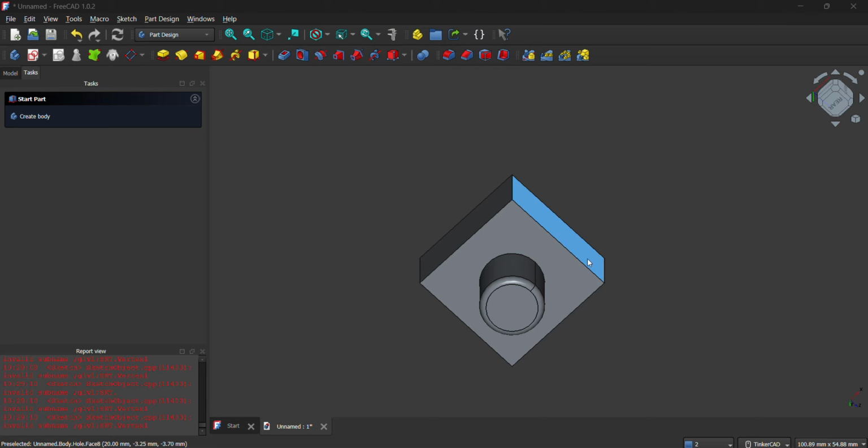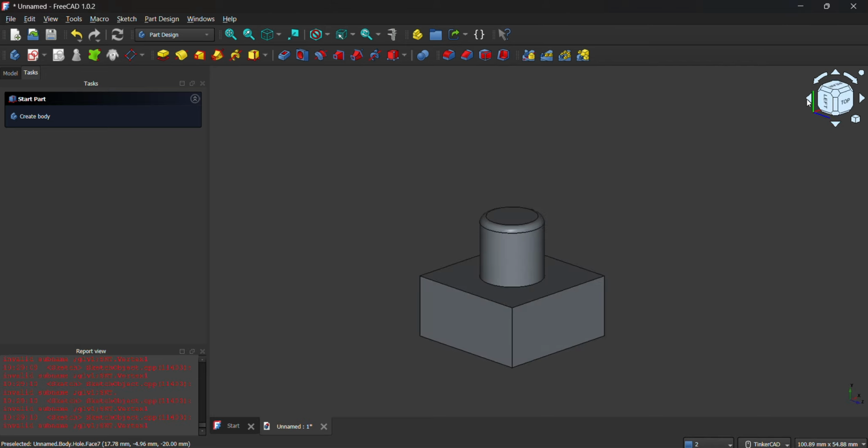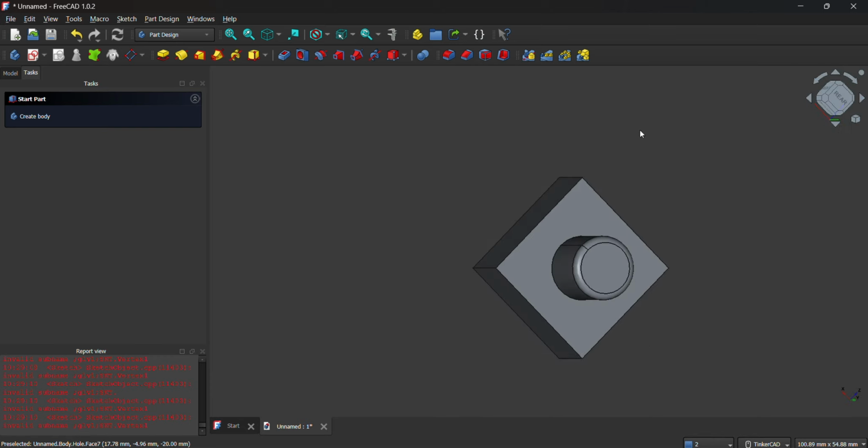Okay, so today I will be explaining in detail how to create a single Lego. This one will be our final output. Our objective for today is to use these three very important tools in 3D design or part design: the pad, the pocket, and the hole. Are you ready? If you are ready, then let's start.